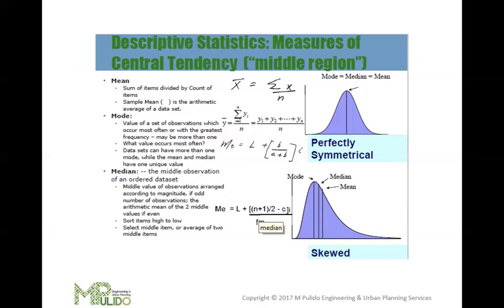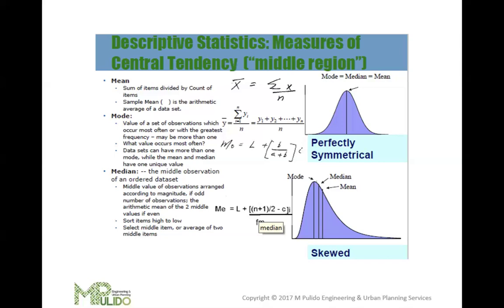In the example, average test scores, for example, sum of all students' test scores divided by the number of students. So that's easy, right? And then another example, when you want to solve for average income, that's the total income of a group of people divided by the number of people. So that's easy. You will always remember that mode.